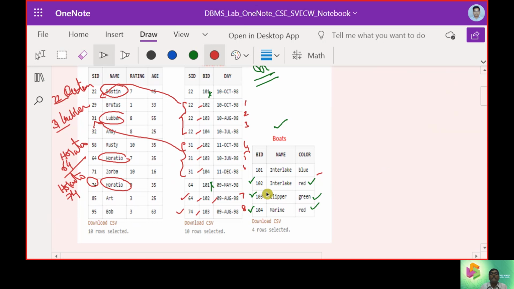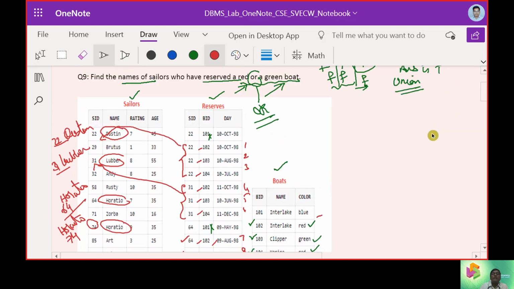Now, between red color and green color, we need to apply a union.